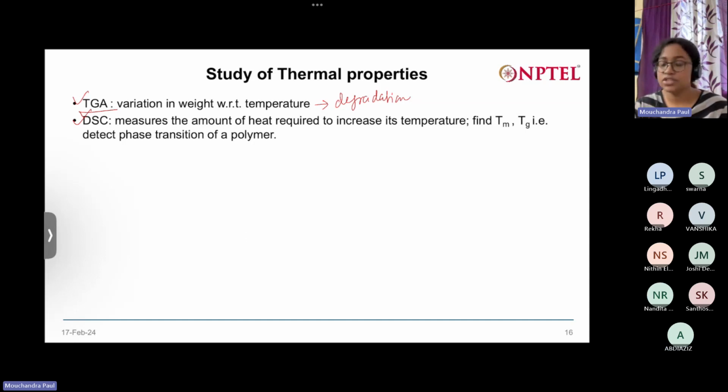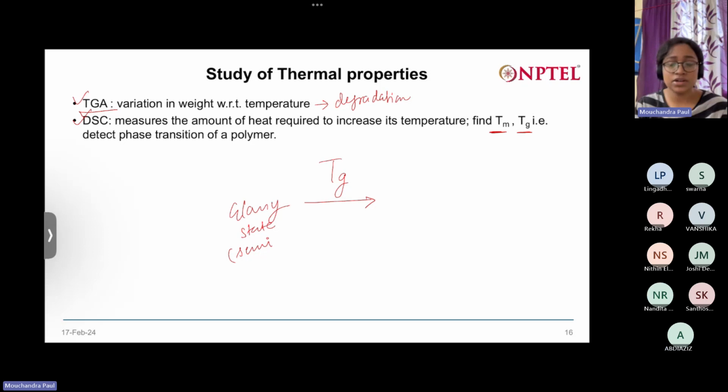What are those key temperatures? One is the melting point, another is the glass transition temperature. Now, these two temperatures are very important when you are working with polymers. Tg, or glass transition temperature, is the temperature at which the material transitions from a glassy state, or you can say,